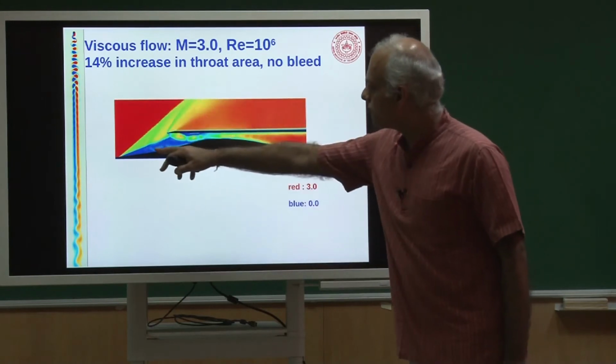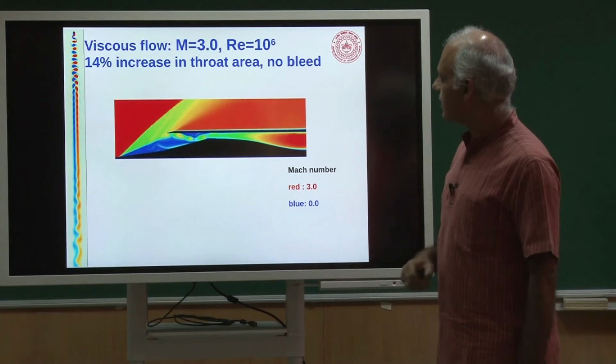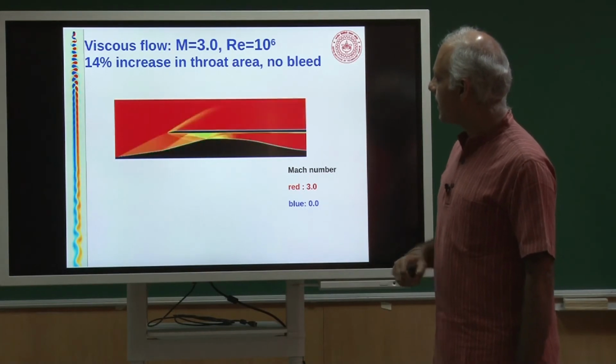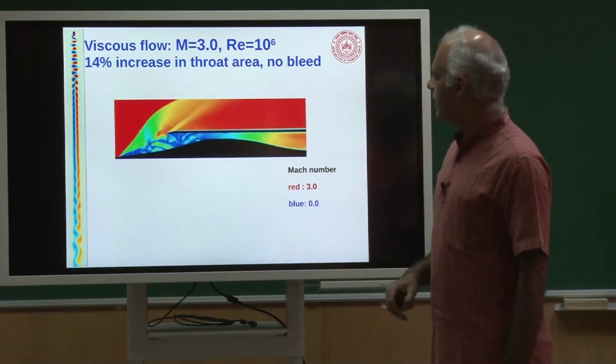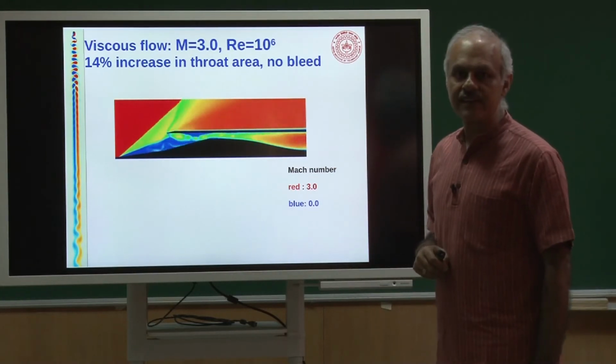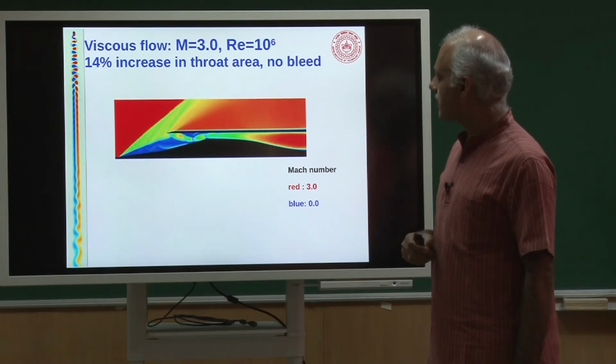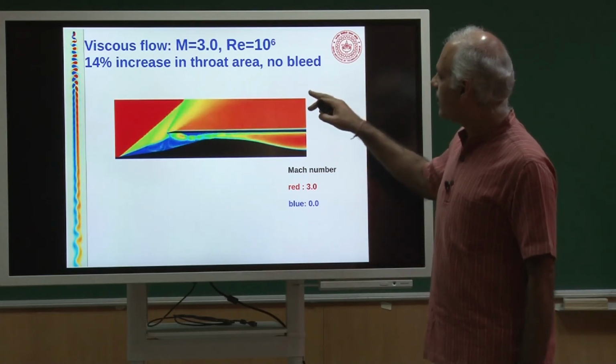So, you see huge flow separation. The blue color is low Mach number, and the red is the high Mach number, and that way the engine does not get enough air, and therefore, the engine would not produce enough thrust. So, this is a situation where no boundary layer